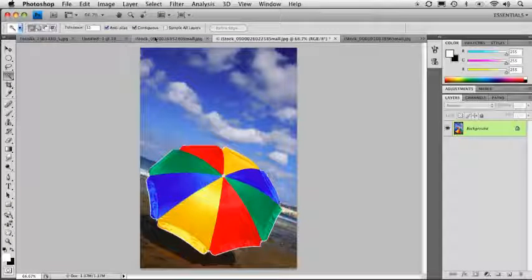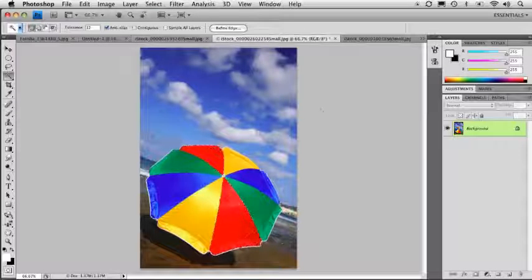However, by checking it on and then doing that same thing, if I click right in here, it is only going to select those pixels that are neighboring each other, that are touching. So this area here, this red part of the umbrella, isn't connected to this other red part of the umbrella. Therefore, with this contiguous checked on, it will only select that area. But again, by unchecking it and then reapplying the selection, you'll notice that it does in fact include all that